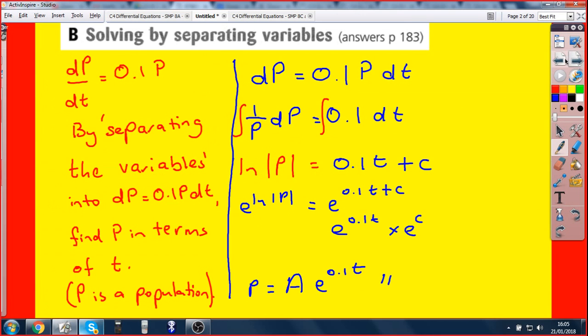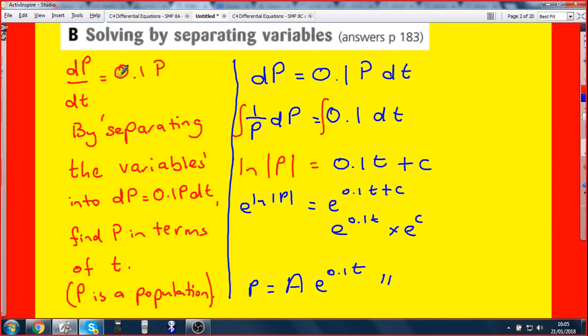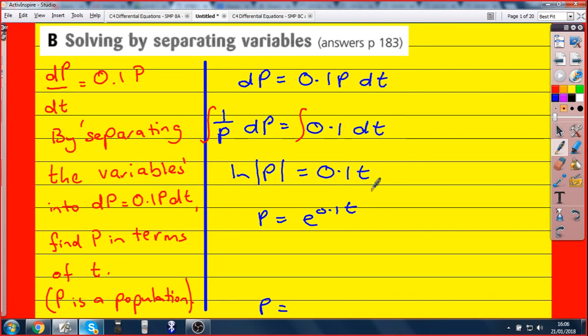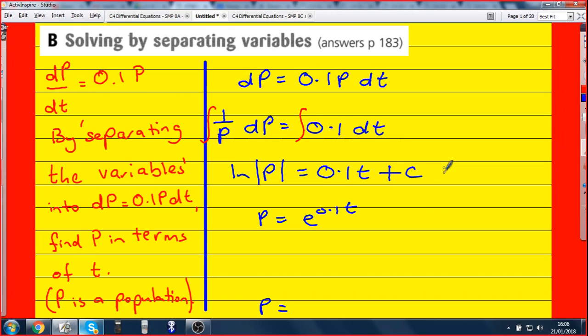Let me just see if I have the. And they wanted us to do, we have to sub it into something. dp. So ln magnitude p is 0.1t plus c. Oh, I see. Sorry. Is this plus c? So then,